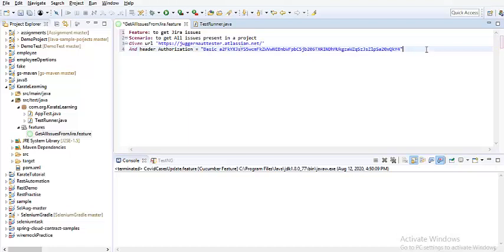Authorization and authentication is a completely big concept as far as API testing is concerned. So I'll try to add one video related to it in the middle, but at this point in time, please understand that I'm just adding a header, which basically tells my details, like the username and the API key.